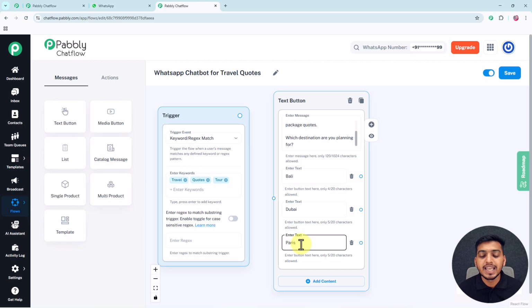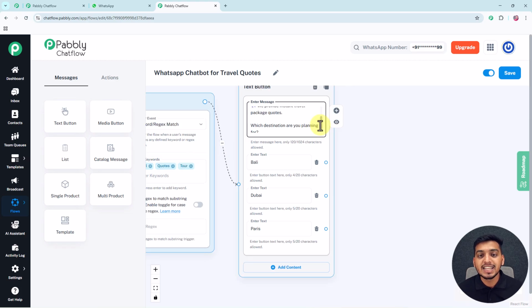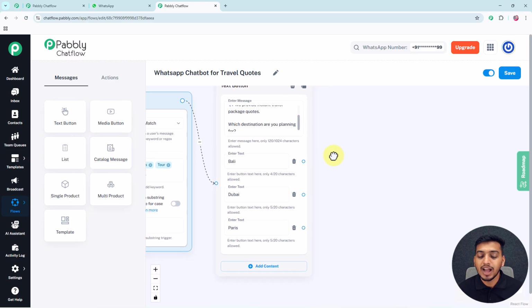So you can see I have entered these 3 travel destinations for my customers to select from. And now I will connect these following 2 circles to make sure that after my customer sends me any of these keywords, he instantly receives this particular welcome message. And now after this step, I want that whenever my user selects any of these following